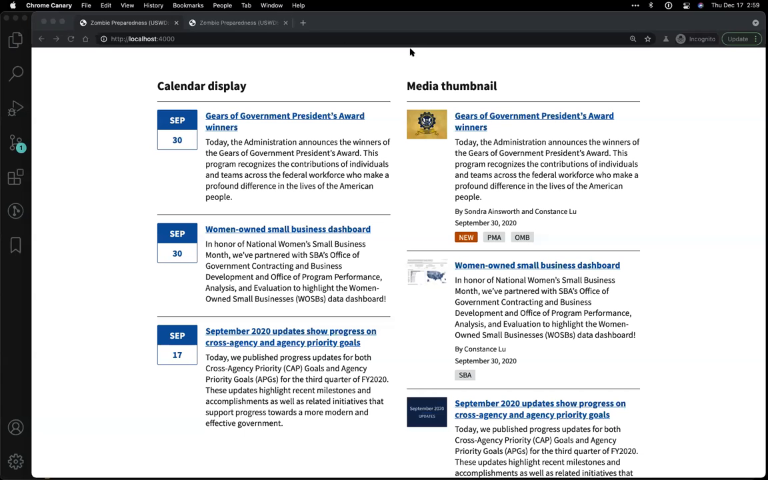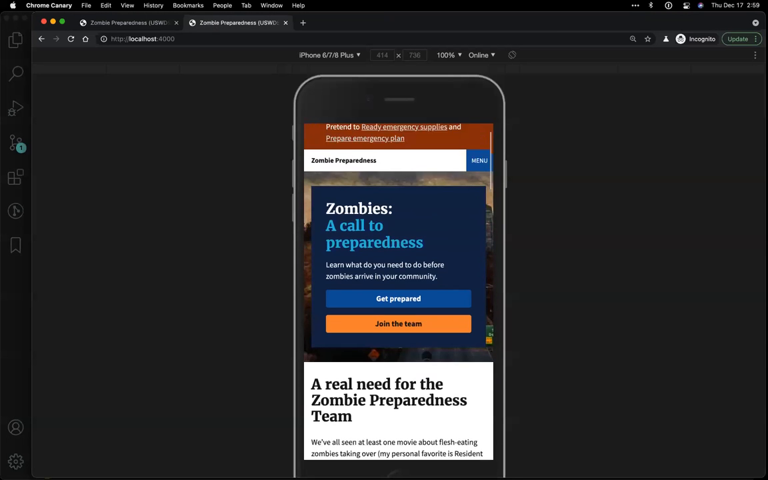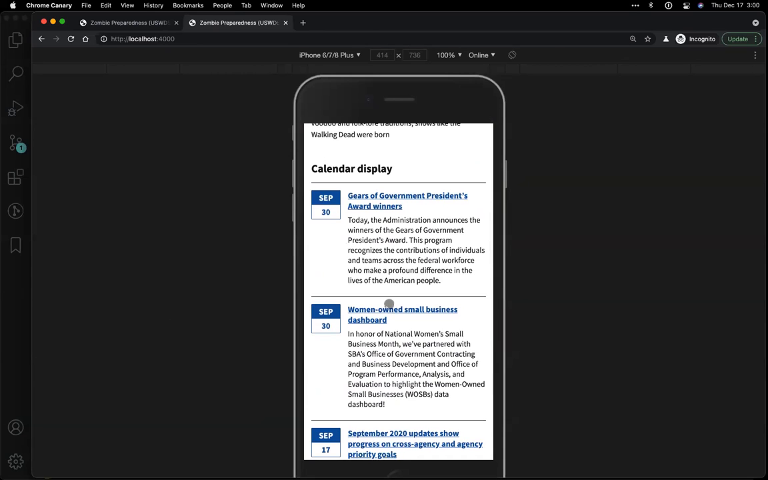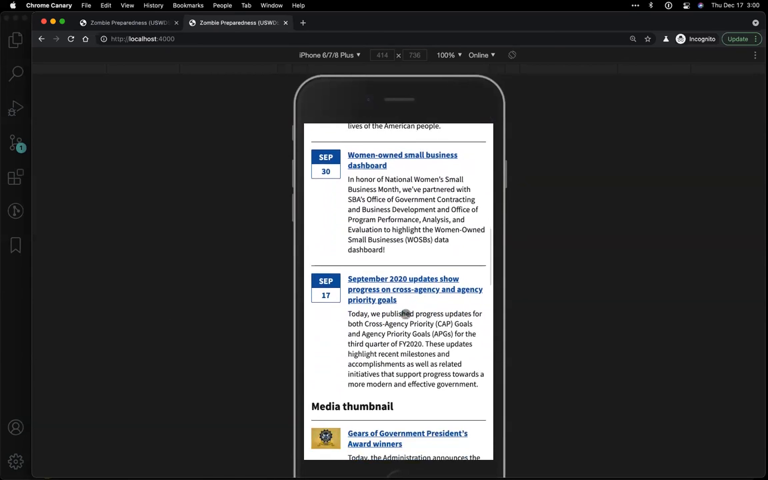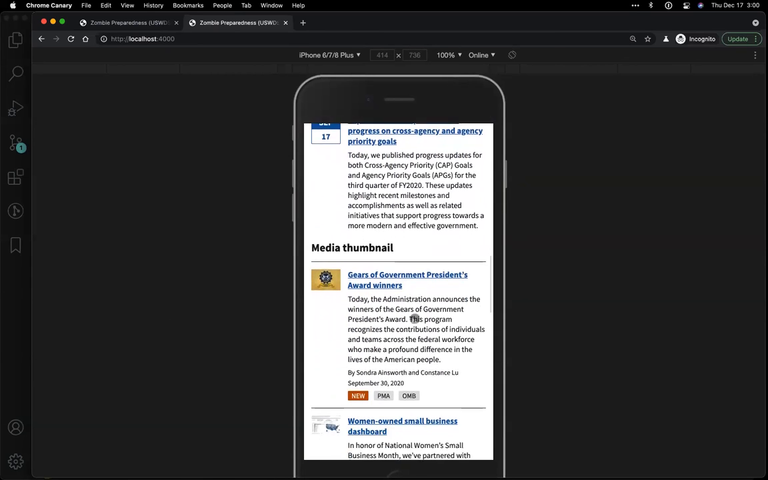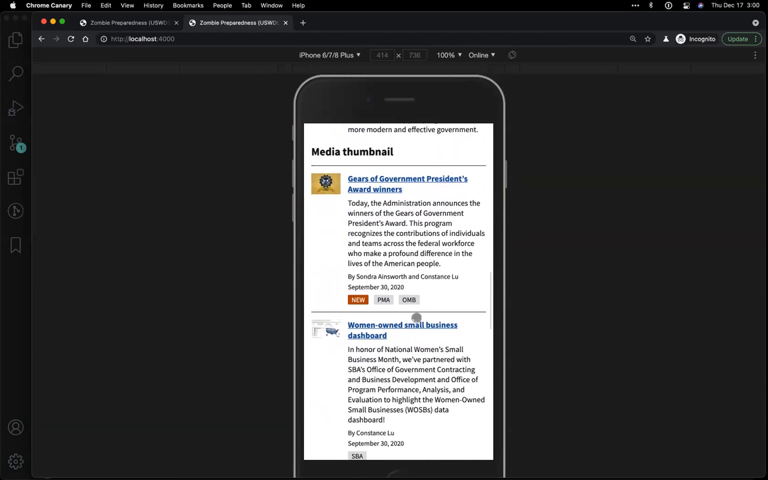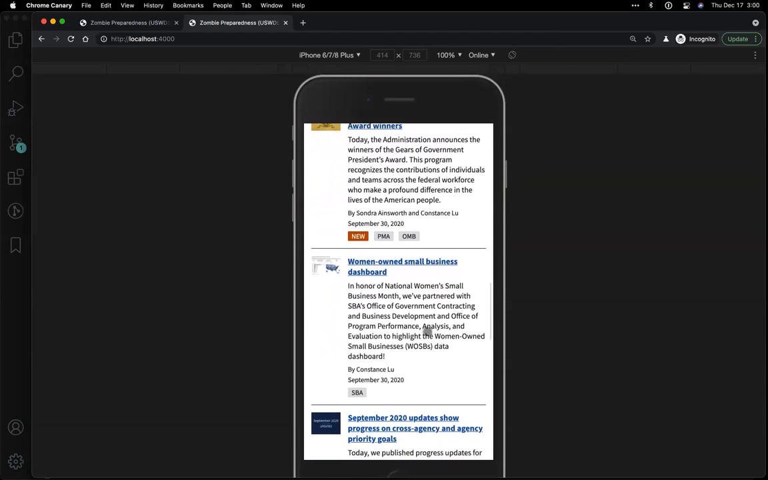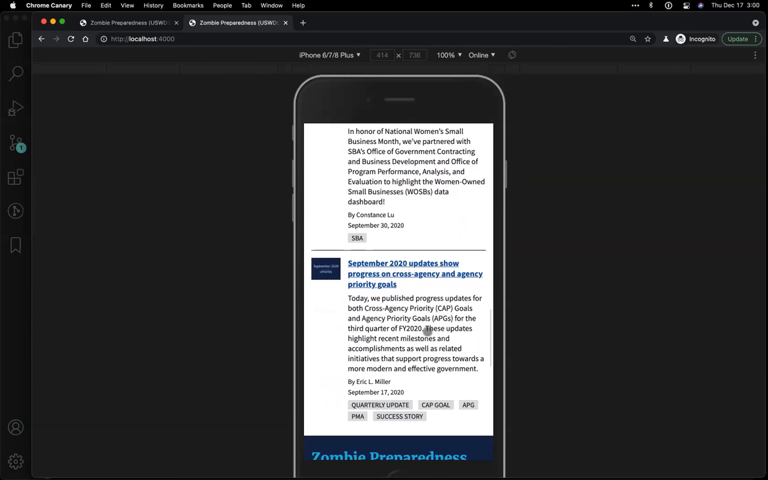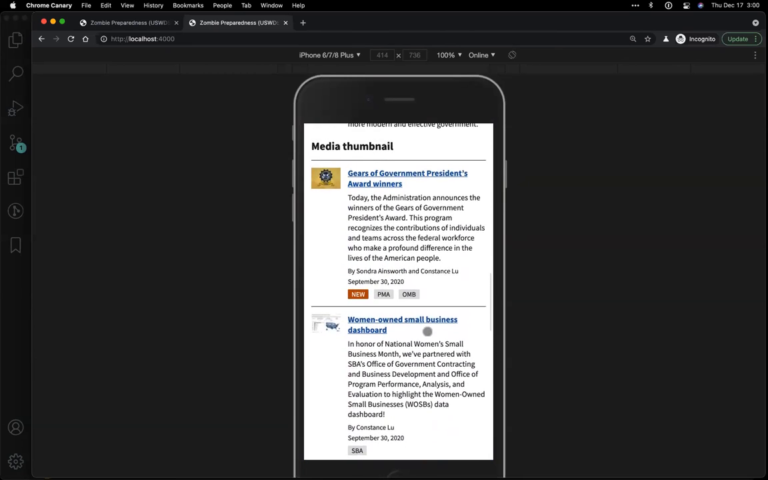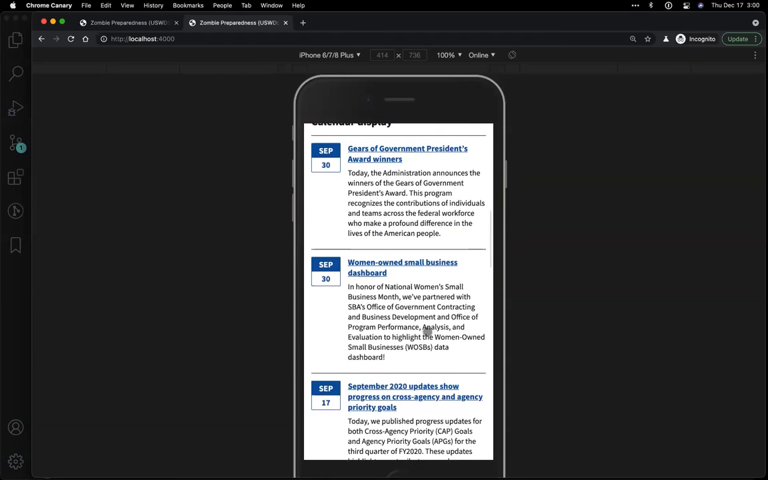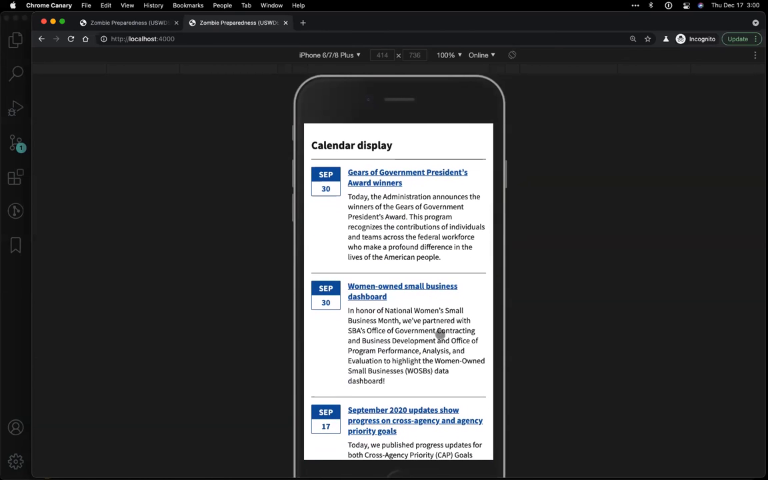So you could use it for a news feed. You could use it for an events feed. You could use it for a collection of related documents on a page, as we will see as we move a little bit more through this demo. And as Mitch is showing, that's how it will appear on a small screen. So when I jump over and share my screen again,